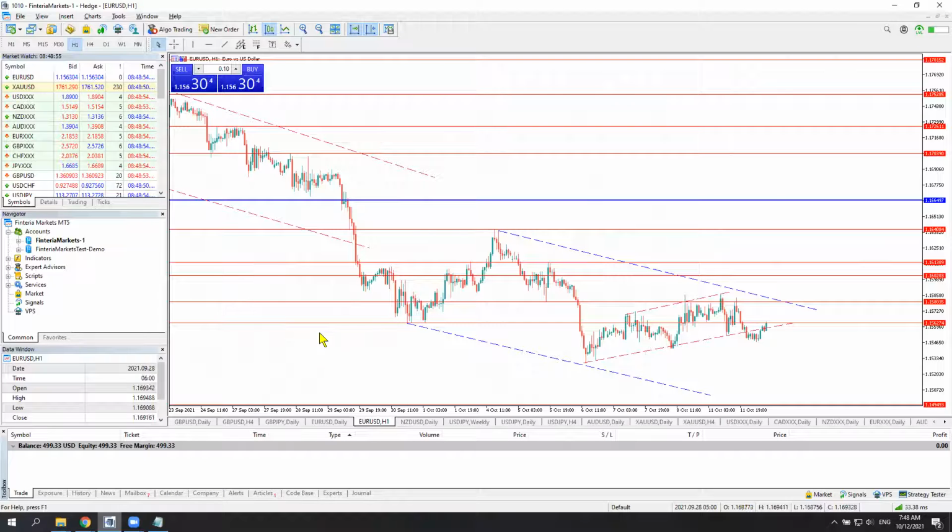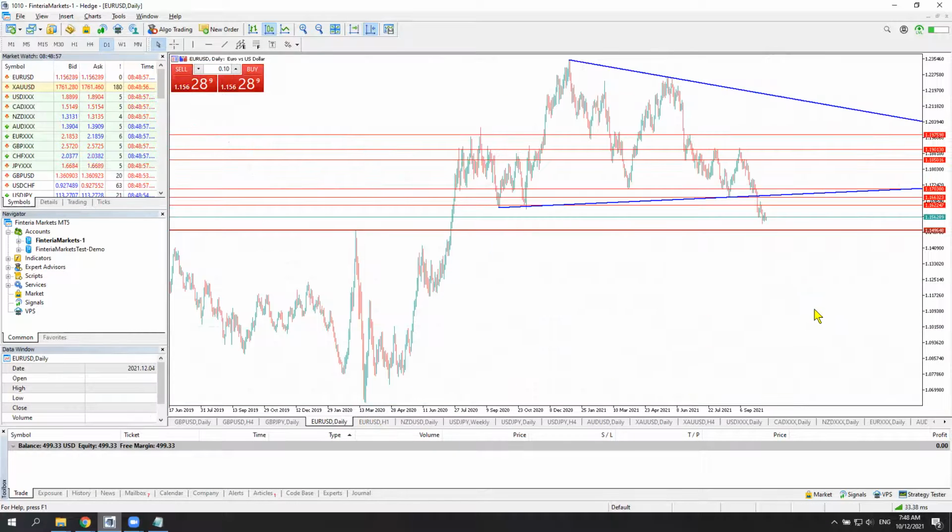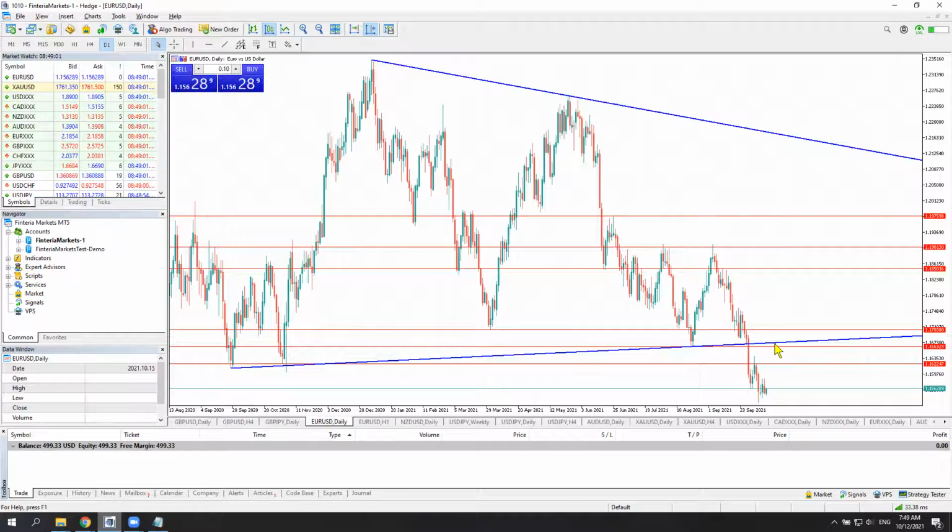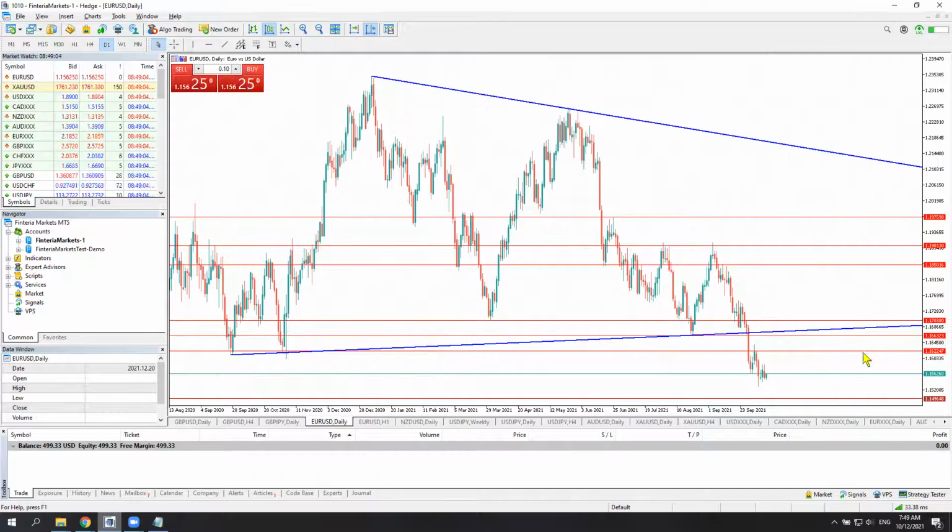So let's finally switch to the chart. I'm going to start with a daily chart as usual. Let's just look at the formation of candles. Sometimes there are no big changes on that daily chart, but still, I always prefer to start from higher time frames. And here, just to describe the previous situation, we had a triangle. We broke this triangle with a really sharp movement, a brutal rally of the US dollar, and then we had a minor correction and continuation of the trend.